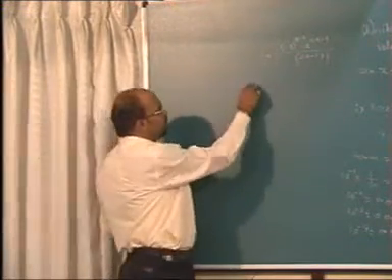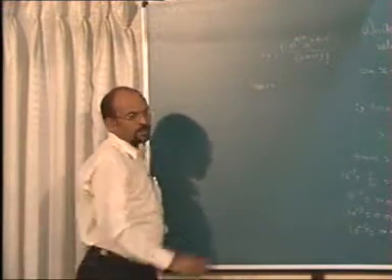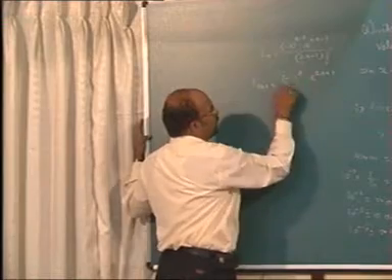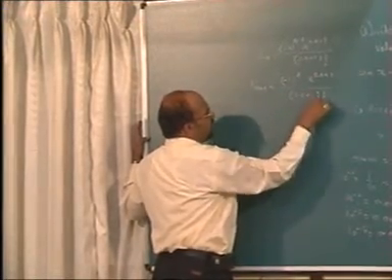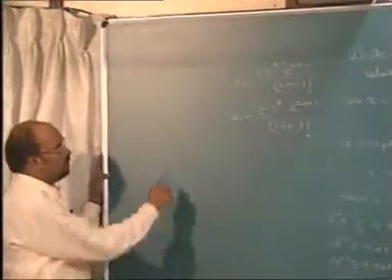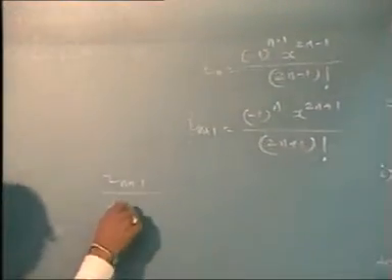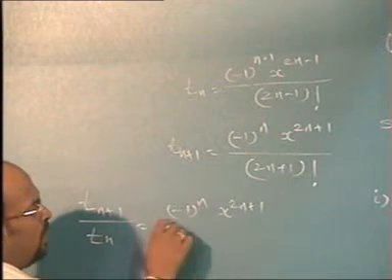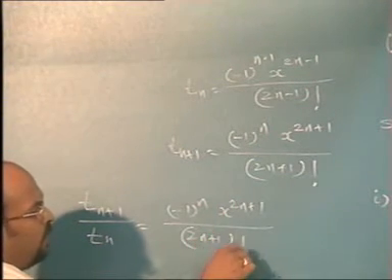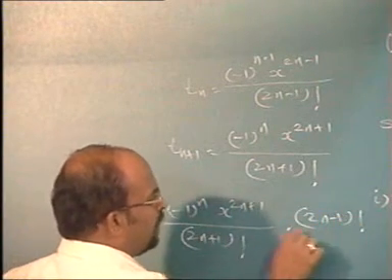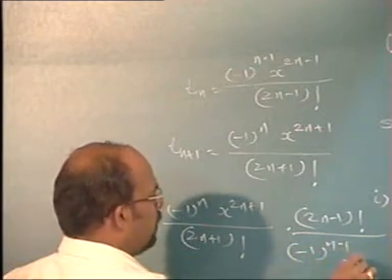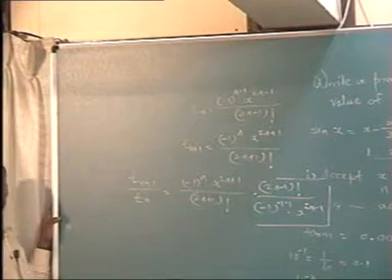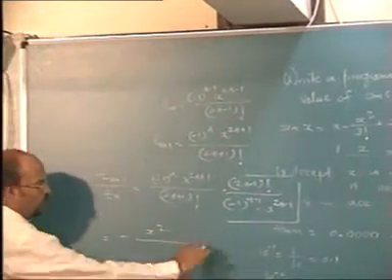What will be n plus 1th term? Substitute n by n plus 1. So minus 1 raised to n, x raised to 2n plus 1 upon 2n plus 1 factorial. What is this ratio? Tn plus 1 upon Tn. It will be minus 1 raised to n, x raised to 2n plus 1 upon 2n plus 1 factorial into 2n minus 1 factorial divided by minus 1 raised to n minus 1 into x raised to 2n minus 1. Comes out to be minus x square upon,